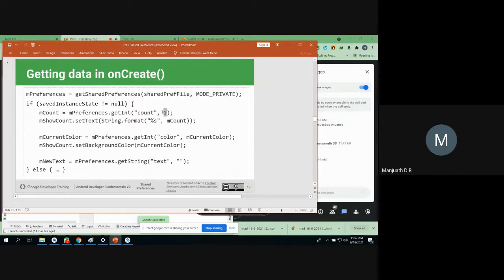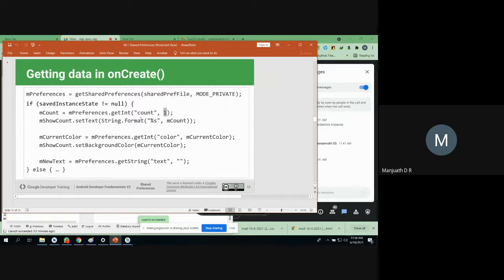Whenever you are writing getInt the first time in your onCreate method or onResume method, of course whatever key you have given, the same thing you have to give here, and the only other thing you have to provide is a default value. It is not the actual value which is saved in your file, because you are not aware of that actual value. Anybody, any time, your app may modify the actual value, right? So that's why it is not at all possible to remember.